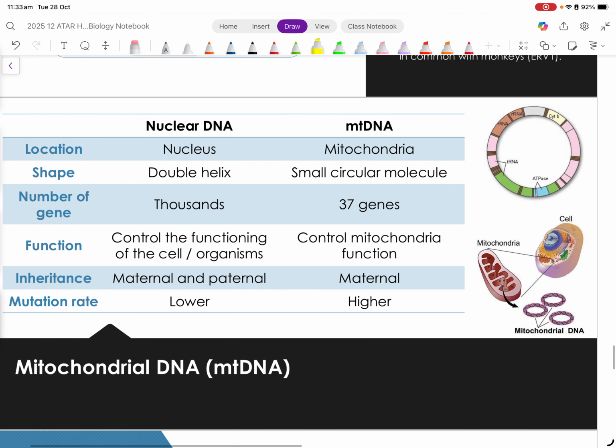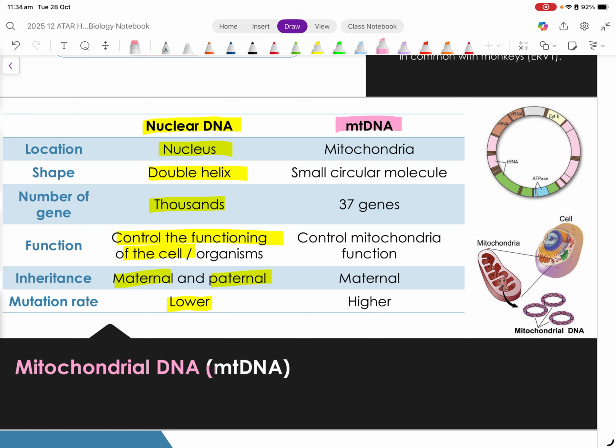So as we have a look down, we're now on to our final kind of example of comparative genomics. We're looking at mitochondrial DNA. So historically, we've really focused on nuclear DNA, which is DNA found in the nucleus, double helix structure. We've got thousands of genes that control the function of the entire cell. And you get that nuclear DNA from not only mum, but also dad. The final thing to note with nuclear DNA is while it does mutate, the mutation rate is significantly lower than what we're going to talk about now, which is mitochondrial DNA, or otherwise known as